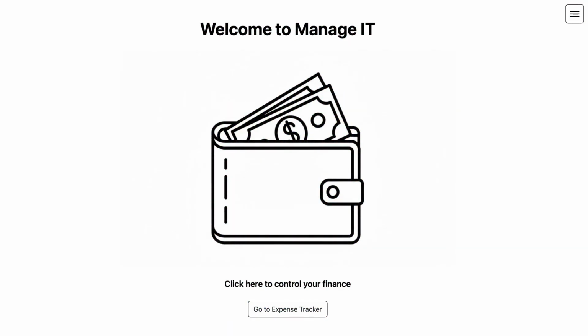To wrap up, ManageIt demonstrates my ability to build and deploy a full-stack application on Azure, leveraging services like App Service,